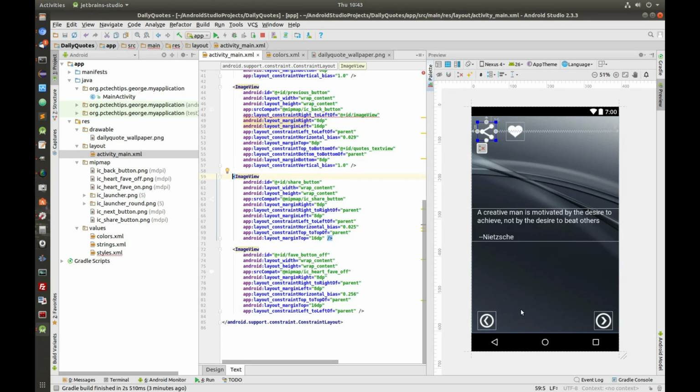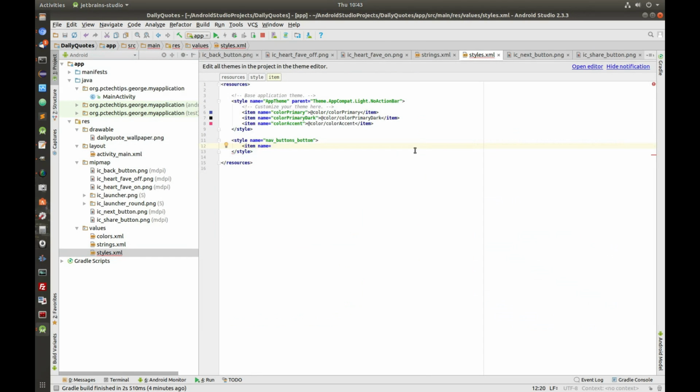So that's what we're doing. So I'm going to say layout width and layout height, and I'm going to set this one to, let's say, 50 dp, and I'm going to copy this, and instead of layout width I'm going to say layout height,